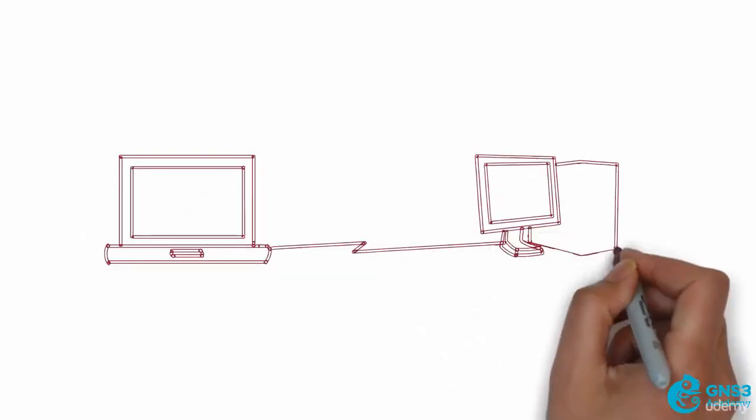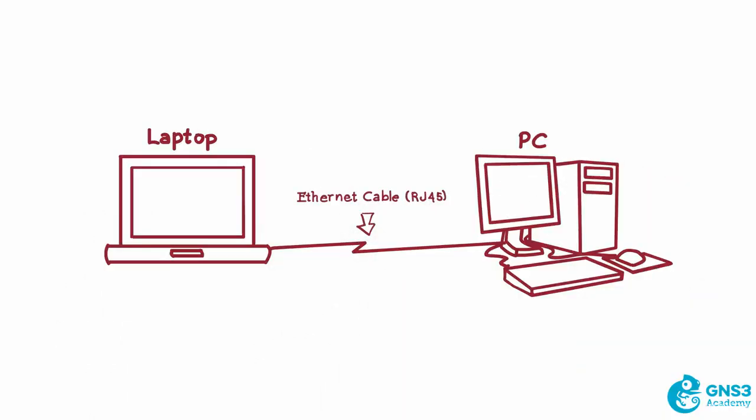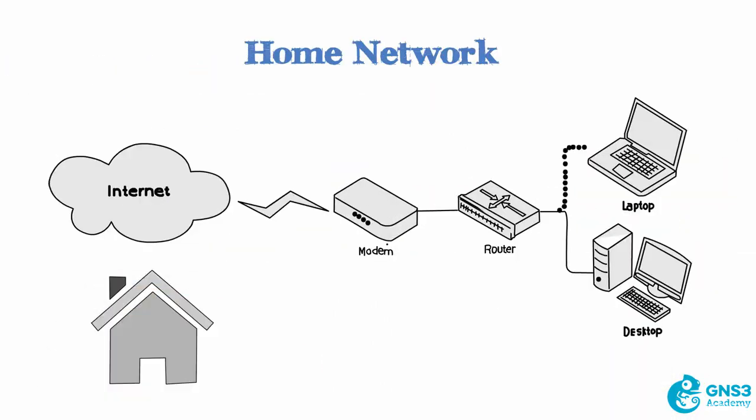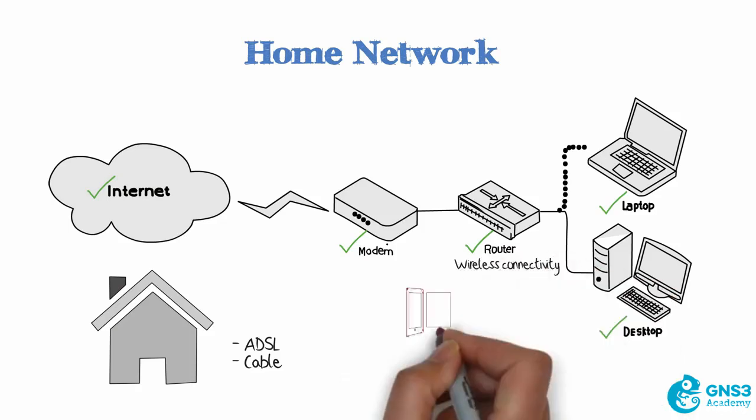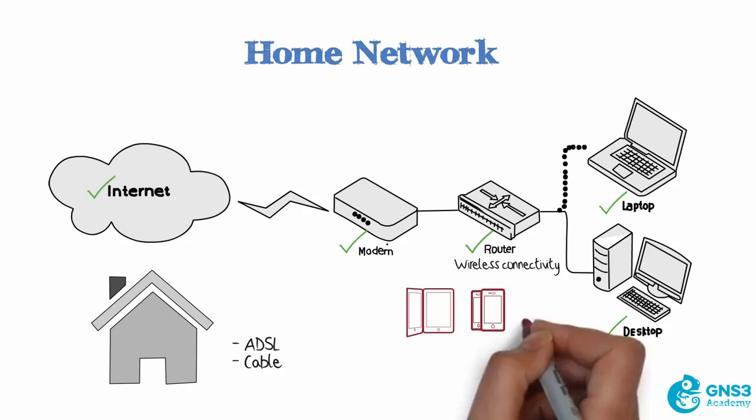So building on our example of a simple network consisting of two PCs, at home you may have a network connecting you to the internet using an ADSL or cable or some other type of broadband connection, which allows you from your laptop or desktop to access the internet. You may have an ADSL router connecting to a modem or directly to your internet service provider or ISP. That router may provide wireless connectivity so that you can access the internet from your iPad or iPhone or laptop